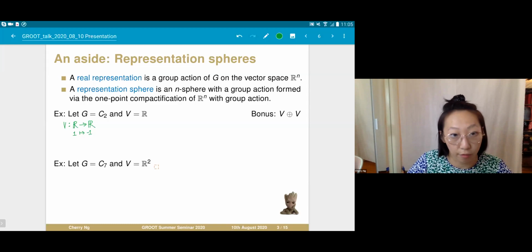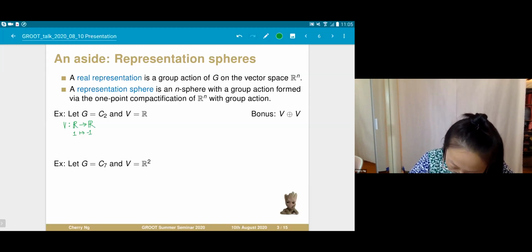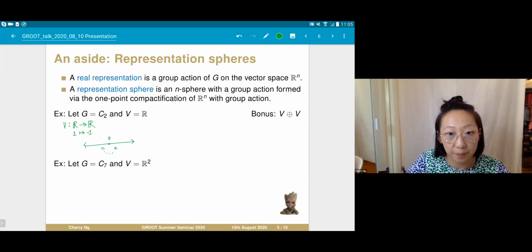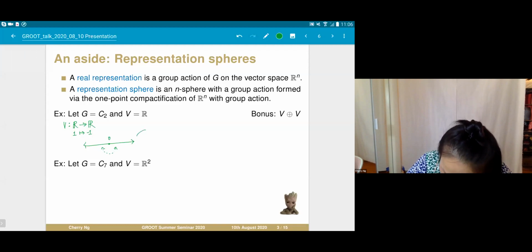This is the sign representation. And so a picture of this would be, here is the real line, and that's 0, and the group action swaps the left and right sides. Now if we take this R^1 and we compactify,